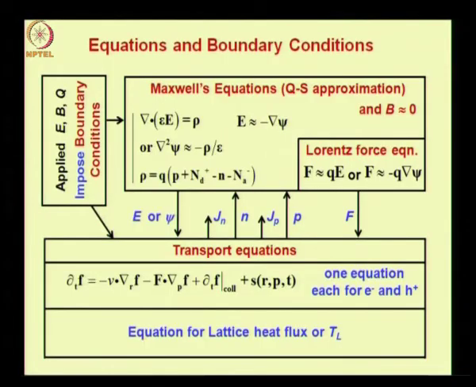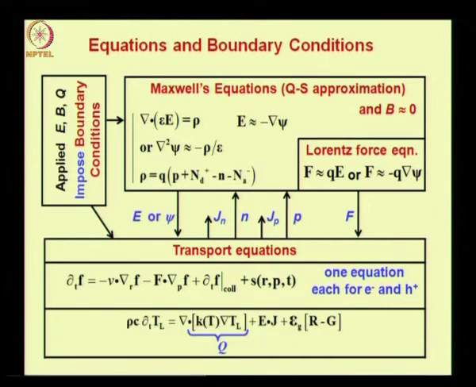Now let me show you the equation first and then familiarize you with the equation. So the equation for heat flux looks something like this. On the left hand side you have the time derivative of lattice temperature multiplied by two quantities: rho, which is the mass density of the semiconductor material, and C, which is the specific heat capacity. On the right hand side you have the divergence of the so called heat flux Q,